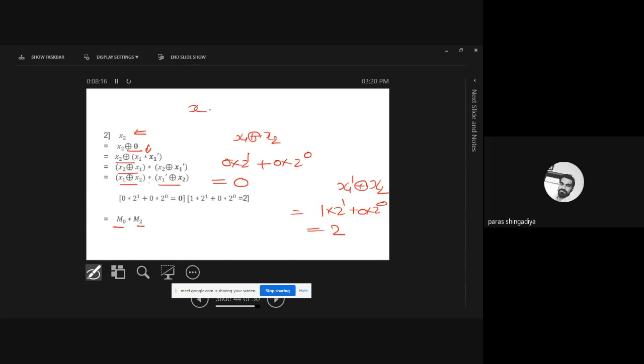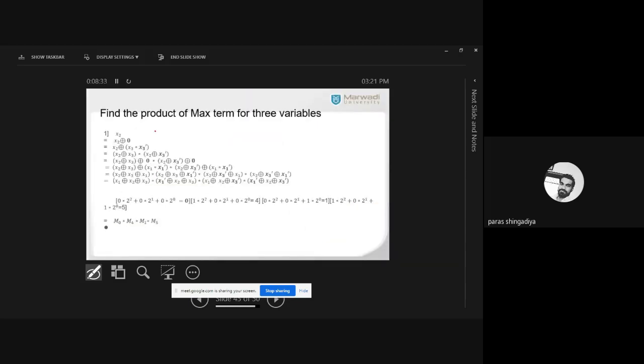Take any one form and then find its product of the maximum. x, y dash, x dash, x2 dash, x1 dash. These are the forms you can take and you can check the answer. And the same procedure will work for three variables. The question is different now. To find the maximum for three variables, you have to create three variables. One is given, and the remaining two you have to add.